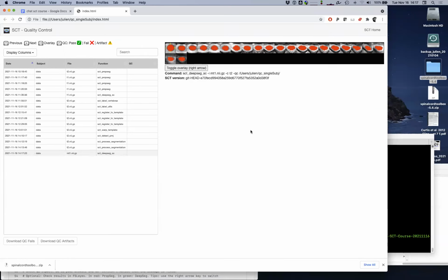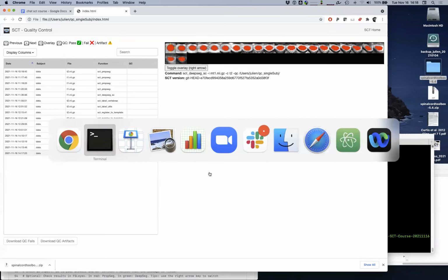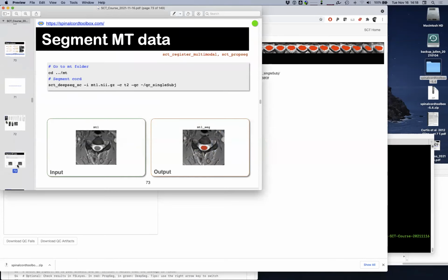That's the output segmentation. Looks fine. As you can see, there is some missing segmentation here, right? So if you're really interested in those end slices, you might want to manually correct for them. Right? But for the sake of the time that we have, we're gonna just accept this segmentation. Next step